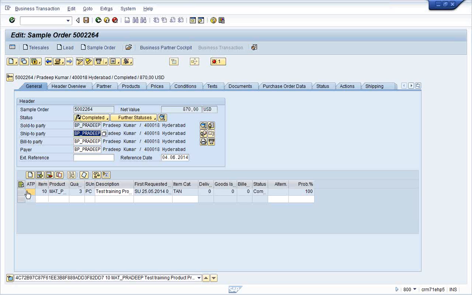Whereas each and every product which you are ordering in a transaction is called a line item, or you can call it an item for simple reason.